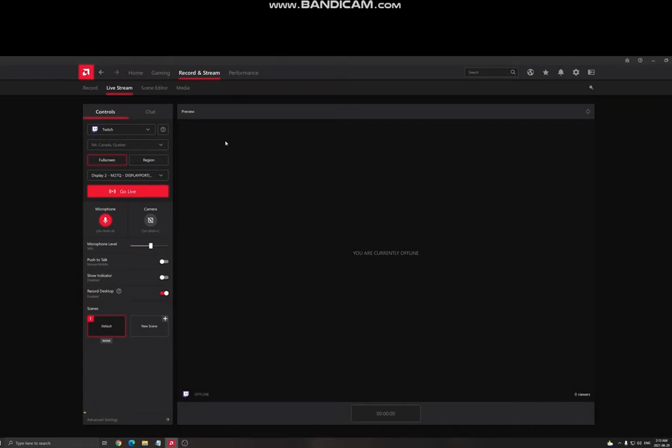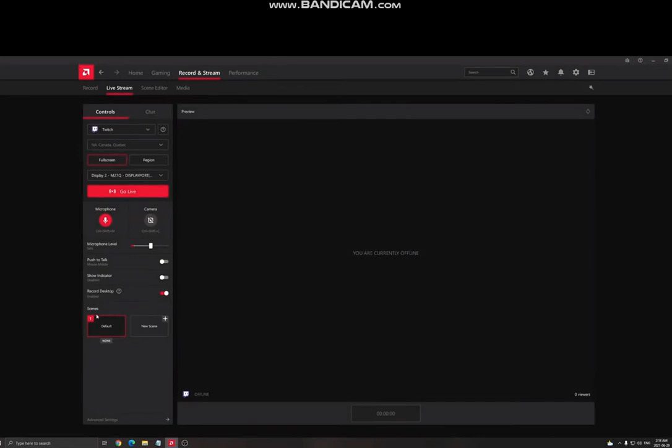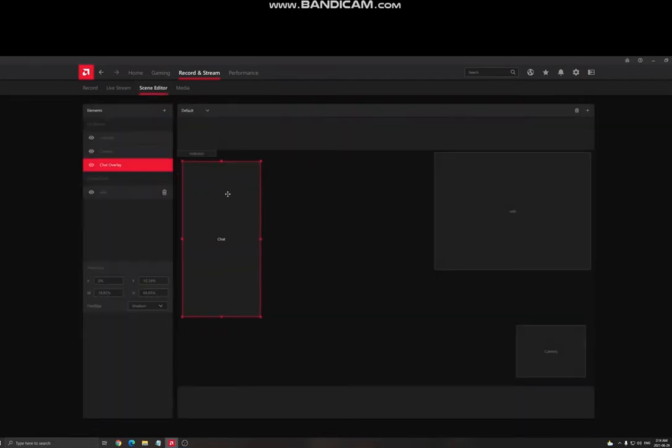The cool thing that you can do with the streaming is that you can have a scene editor, so it's a bit like OBS. For example, here, as you can see, the scene that I selected is the default, and you can create a couple of them. If you want to create a just chatting scene and a gaming scene, you can definitely do it. So go to scene editor. If you want people to see your chat, you can do that. You can also add a camera